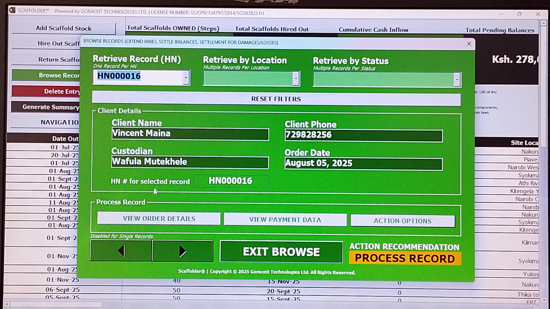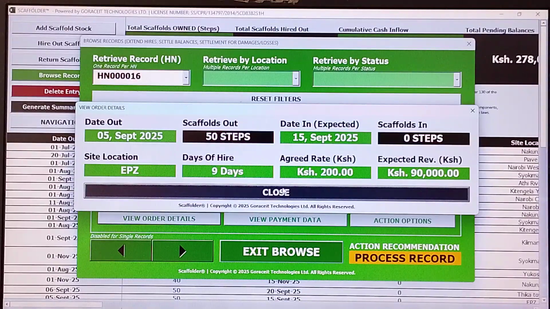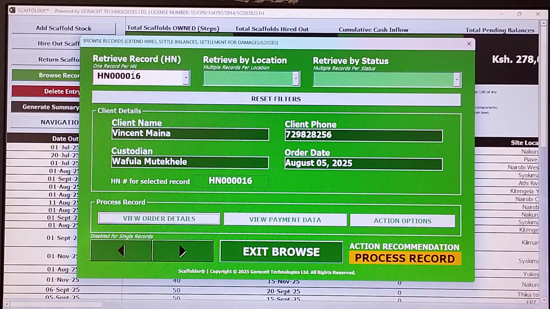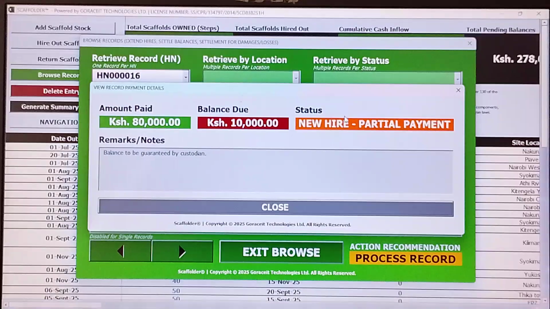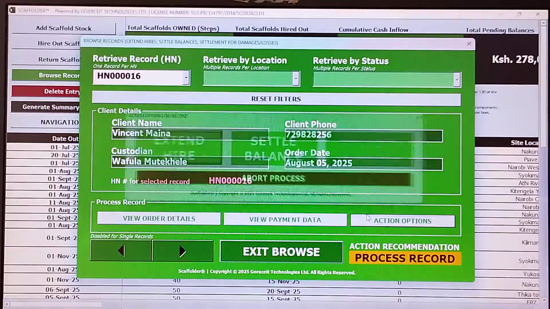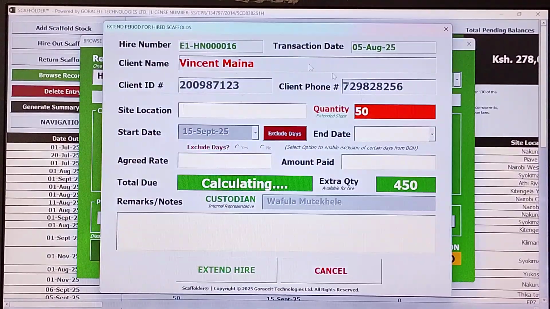So that's the same details. You can see same details for this record. The only thing is we're using this HN as a filter. View payment data, and now action options. Let's extend this hire. So these fields will be auto populated. Like you can see here, you have got